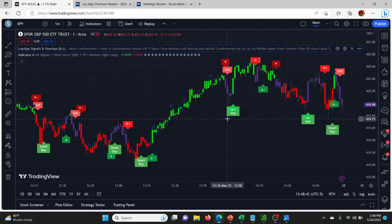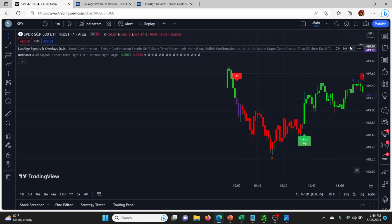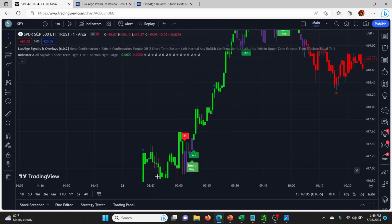Overall, not a huge difference though, but the power in these systems doesn't come from just the sell and the buy signals. It's how you set up your exit signals and how you manage the trades and find what works for you. So while this is an interesting exercise, checking these things out, it's not the be all and end all. Let's have a quick look though, just pick another random section, say like here, and zoom out,